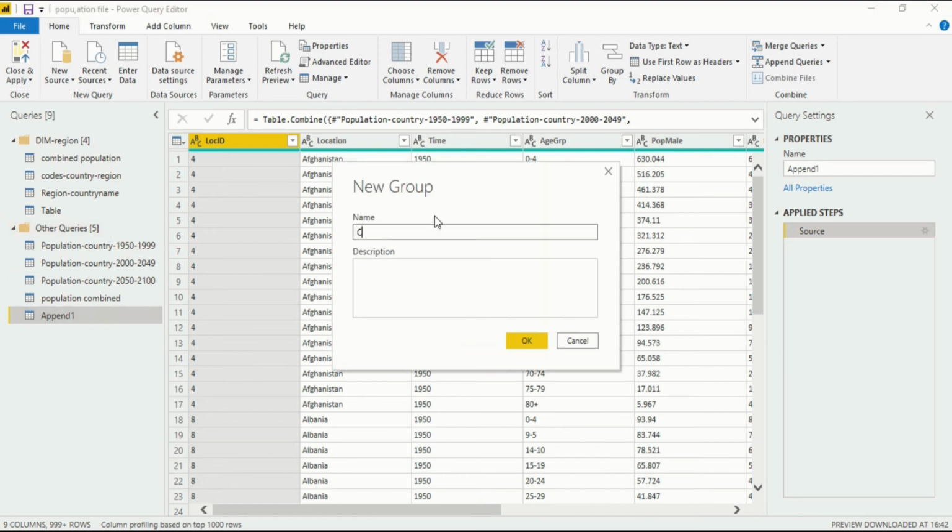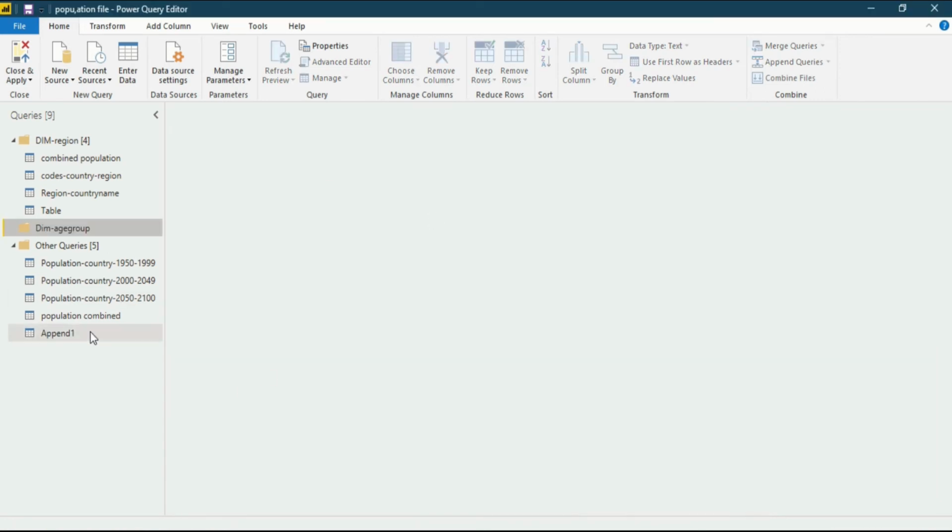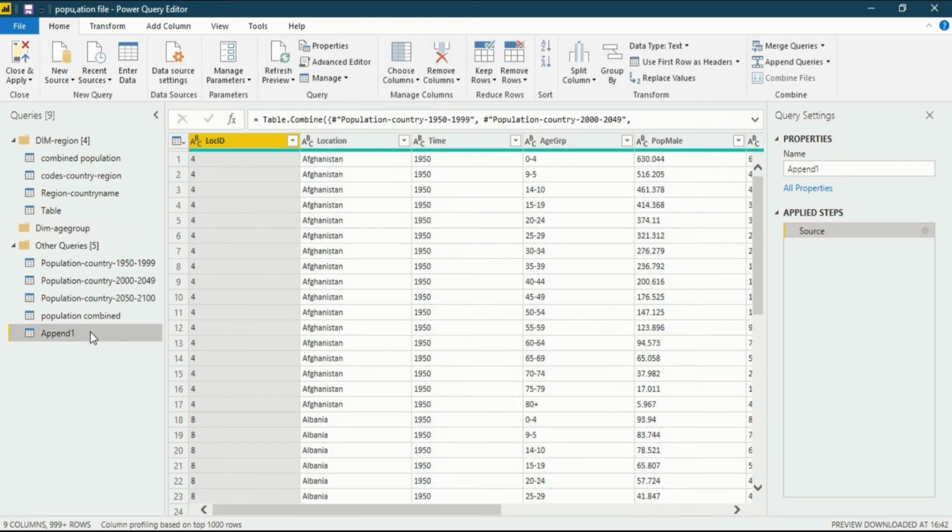First of all, create a new group. Then give it a name, dim age group. Then enter. Then this is the append query, in which I have appended all these three queries, in which the population by country from 1950 to 2100 has been covered.